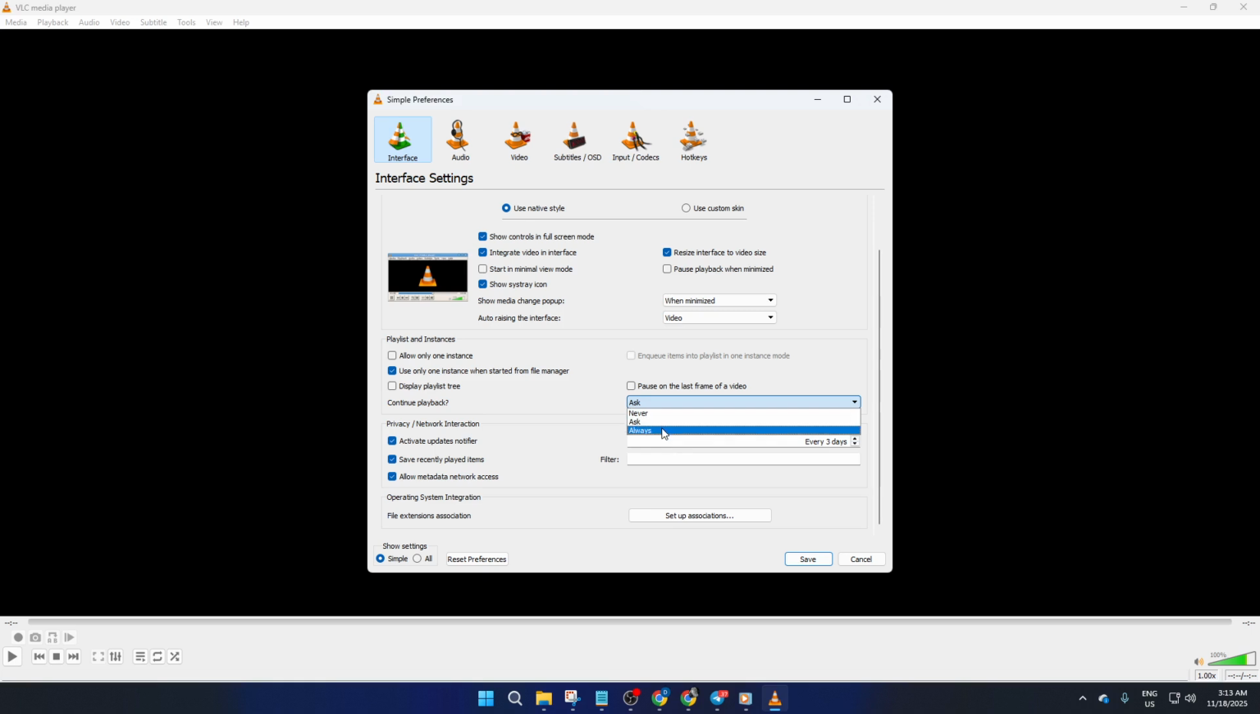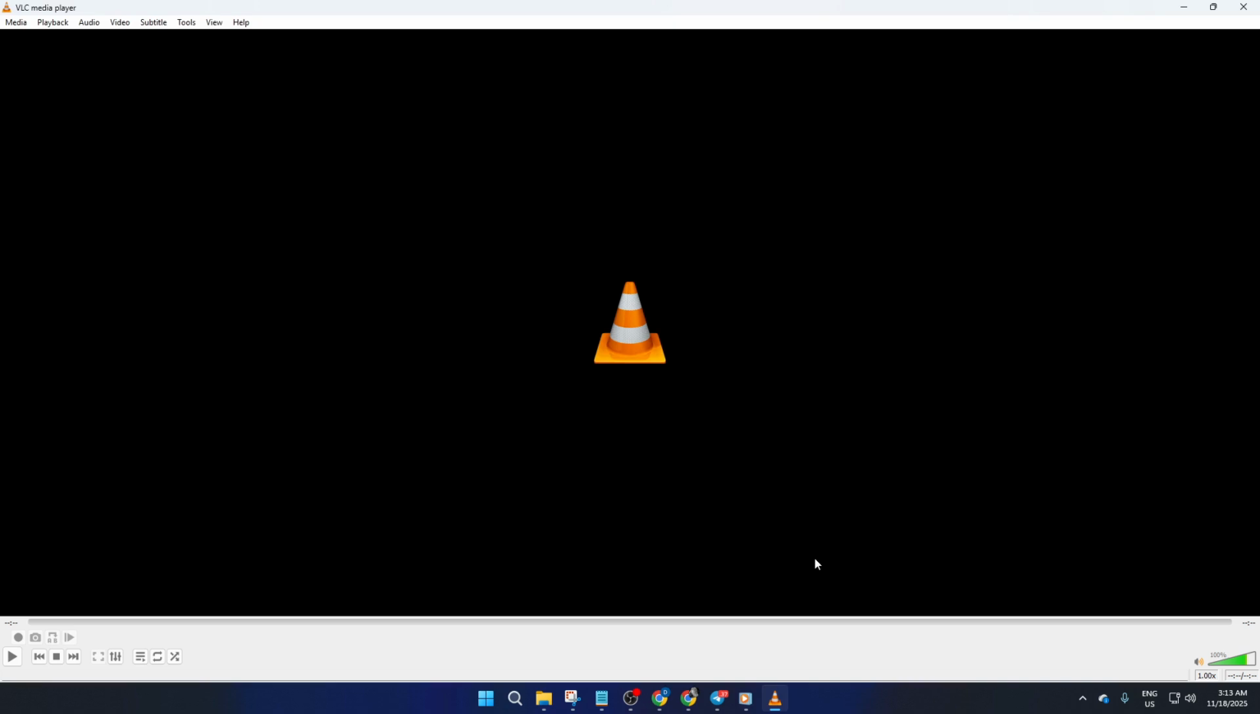For these new settings to fully take effect, you'll want to restart VLC Media Player. Just close the application and open it back up. Don't worry, you won't lose any progress or data in your media library. And that's all it takes. You've now set up VLC to prompt you to continue playback or to do it automatically whenever you're ready to